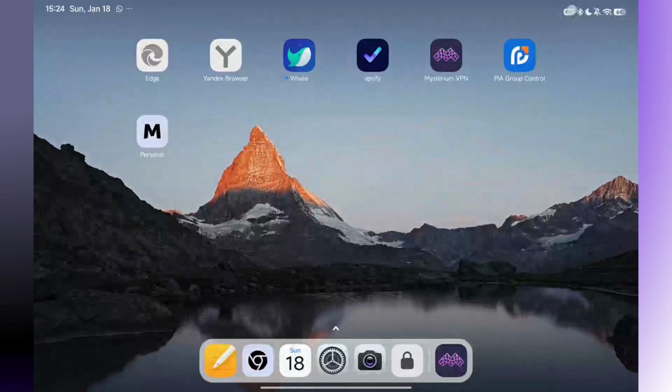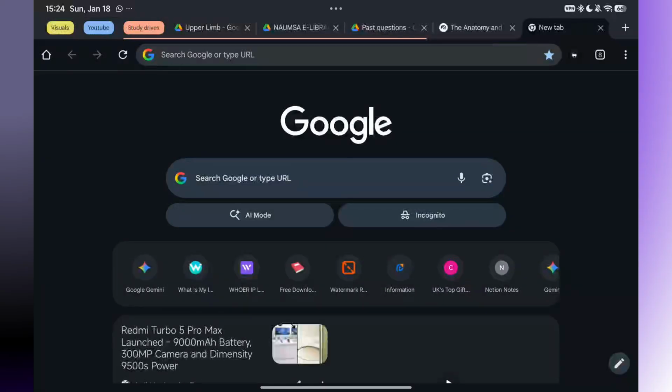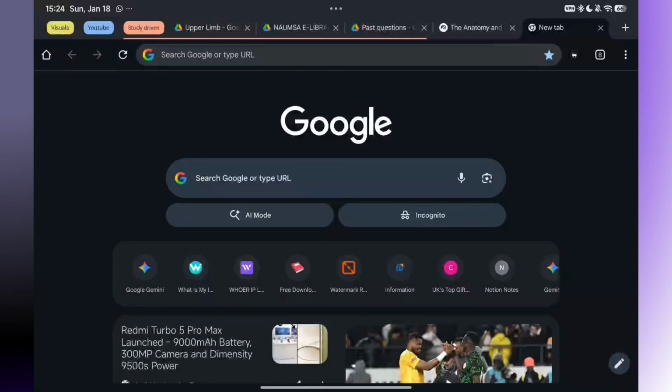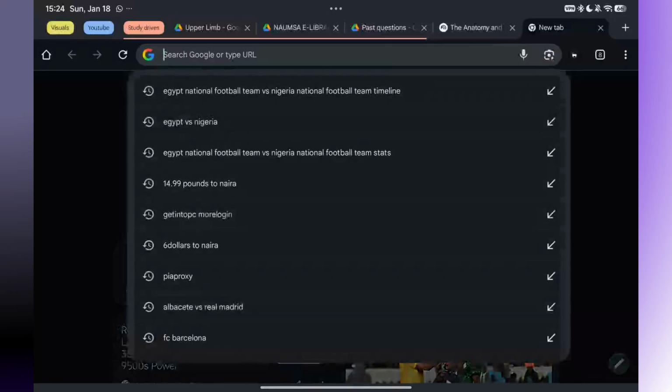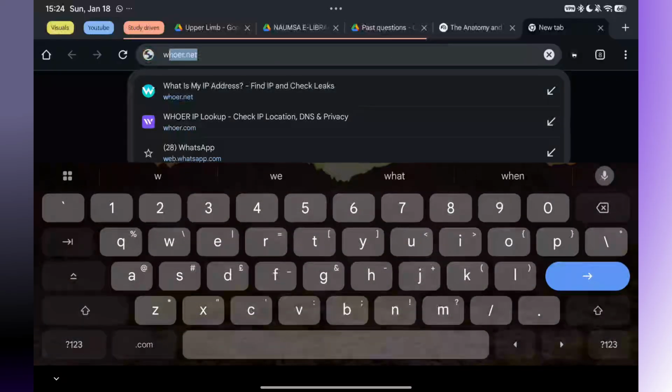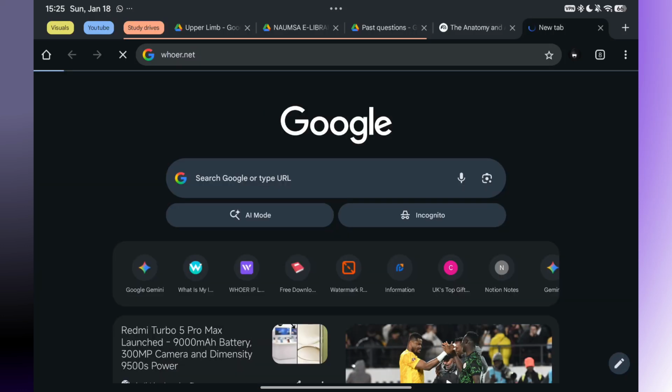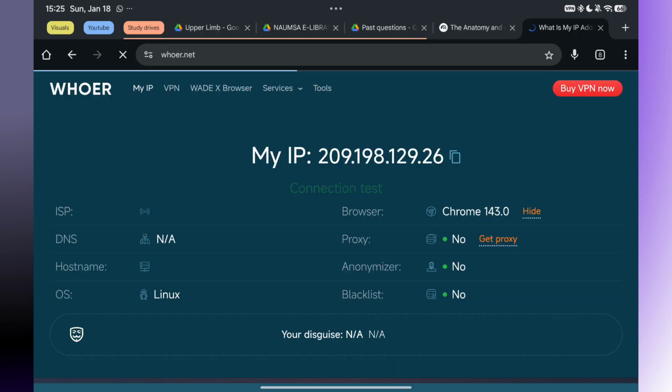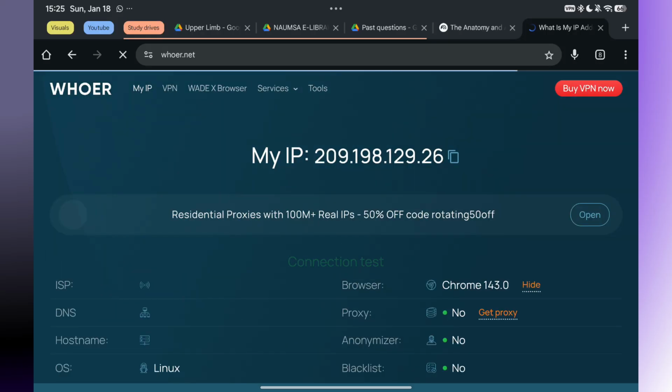Now my VPN is connected. What I want to do now is to open my browser. So the next thing you want to search for is word.net. You can see it, word.net. You just click on that. Now word.net, if you look at this IP address,